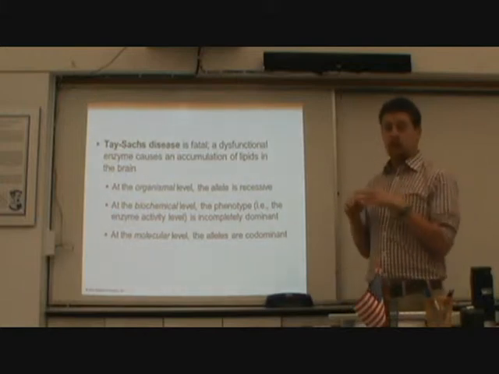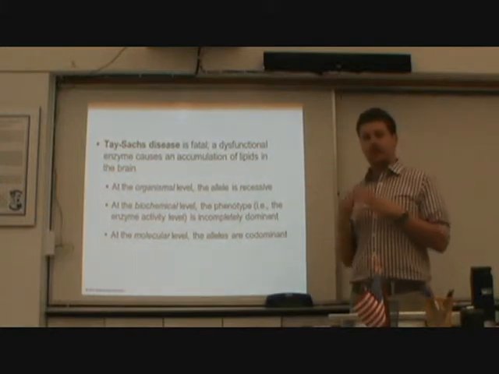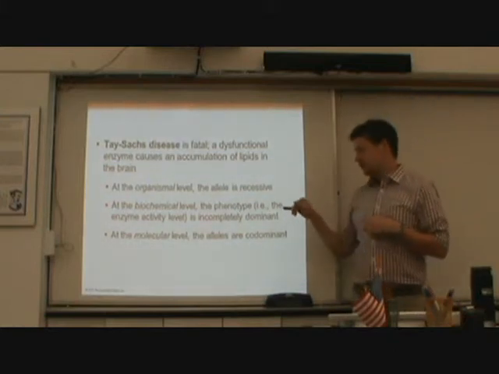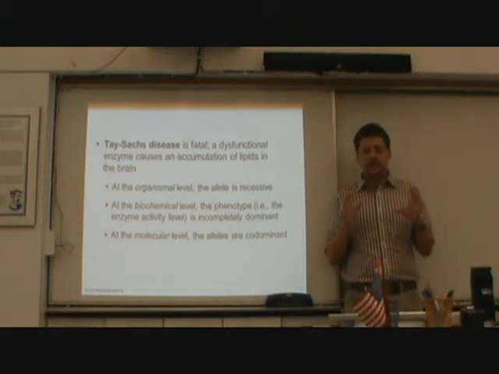So if you were looking at whether or not an organism has a disease and you made a Punnett square, you would see a 3-to-1 ratio. But at the biochemical level, the phenotype is incompletely dominant. Because at the biochemical level, if you actually look at what's happening in their brain,